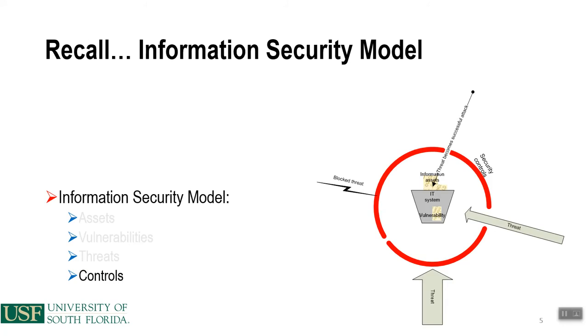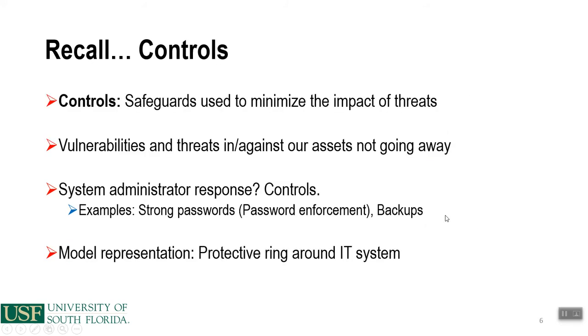So let's go ahead and remember, we review this every class, but remember that there's the IT system. The IT system has information assets within it, but oftentimes those IT systems will have some form of a vulnerability that's susceptible to a particular type of threat. Now, the controls are in place so that you can prevent those threats from penetrating those IT systems accordingly. And controls are safeguards that are used to minimize the impact of threats. So there are mechanisms that you put into place that help stymie the